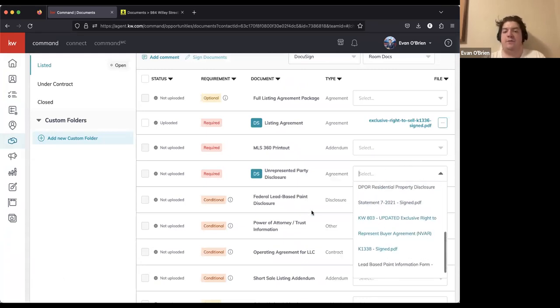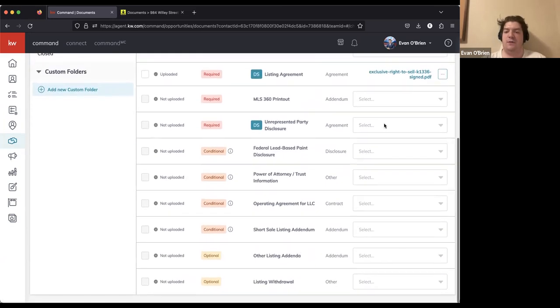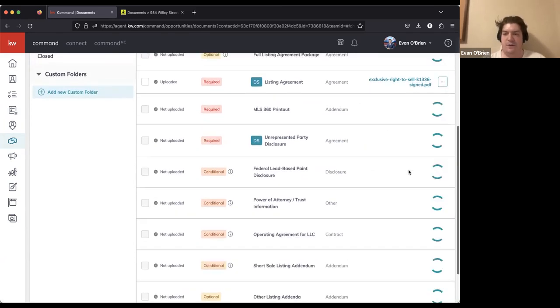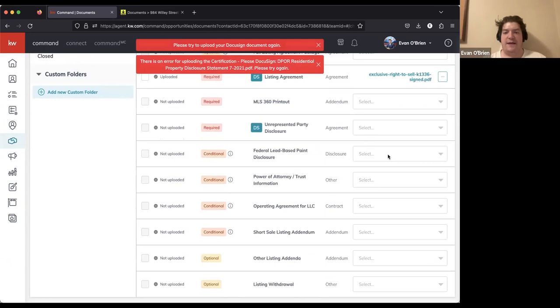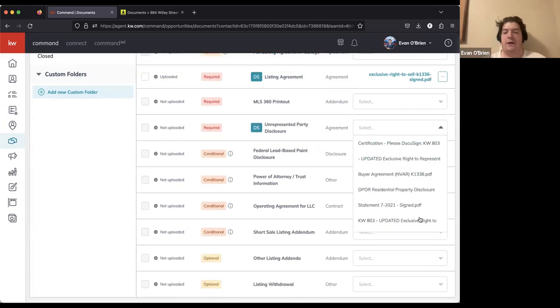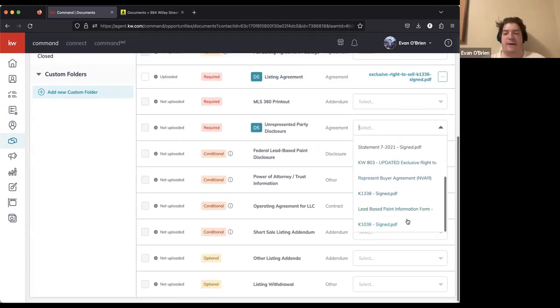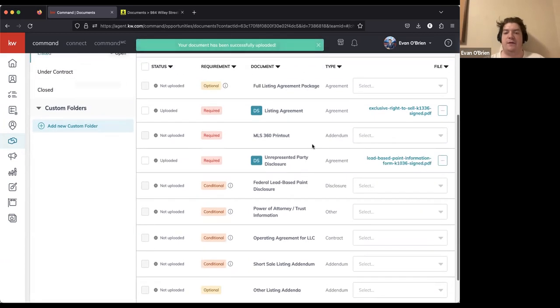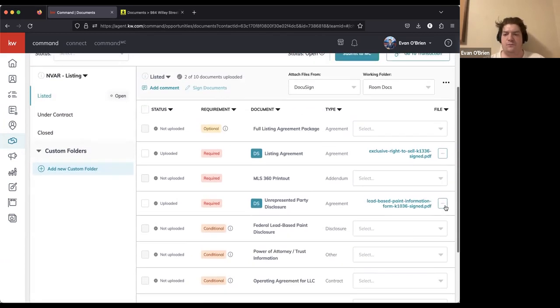Unrepresented party disclosure. So I don't think I have all these documents. I'm just going to select a random one. And you see, so that's not the document that it wanted. That's not the thing that it was expecting. So it's going to actually kick back and say,